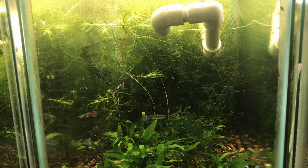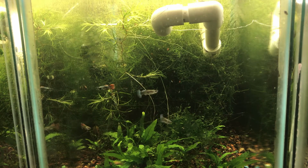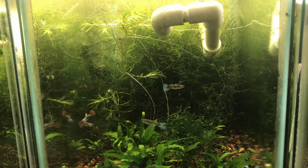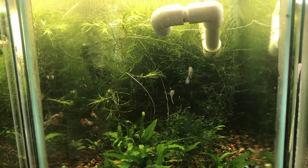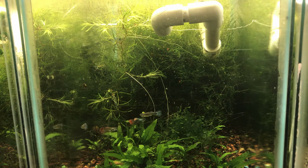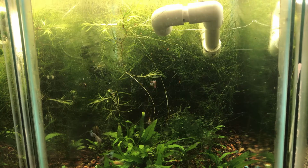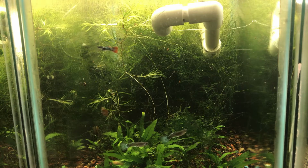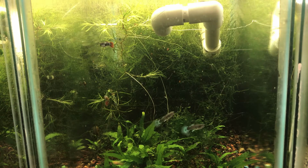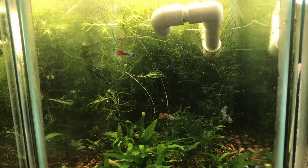I don't think I mentioned this in the introduction part of this video, but I also plan to do the same practices with these guppies, which is to breed them true, or try to line breed them for a few generations to see what kind of traits come out and see if I can clean it up a little bit, make it look nicer, and go from there. And once again, practice the